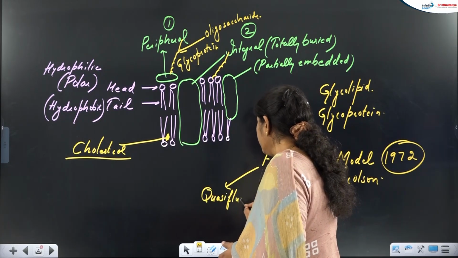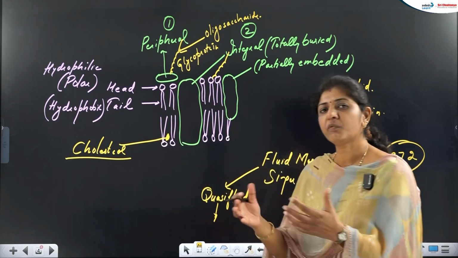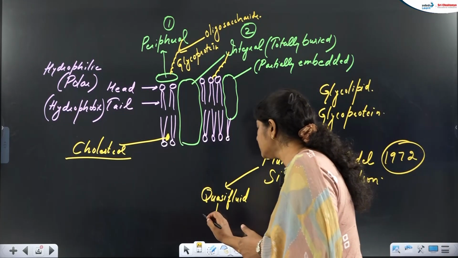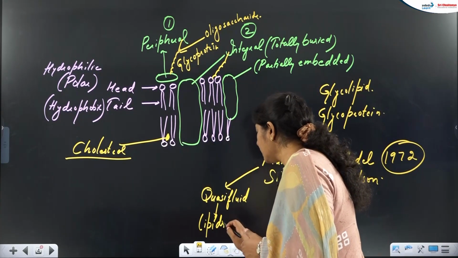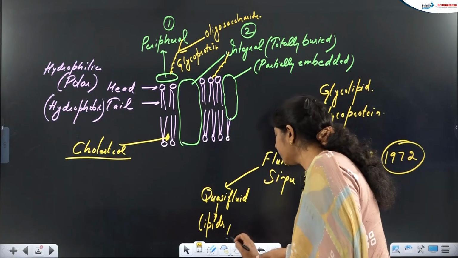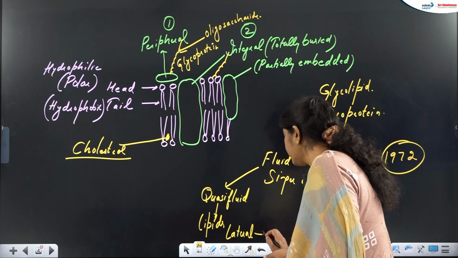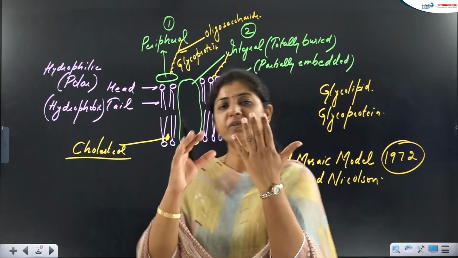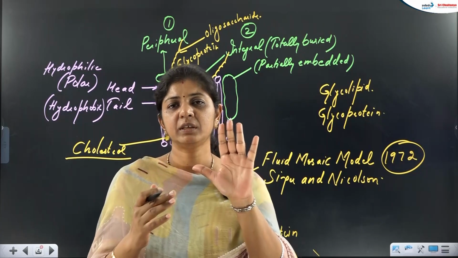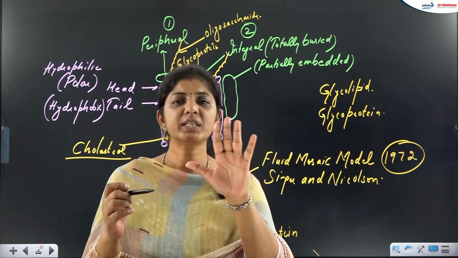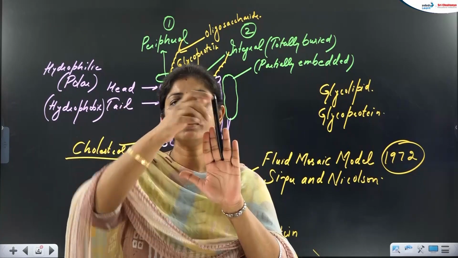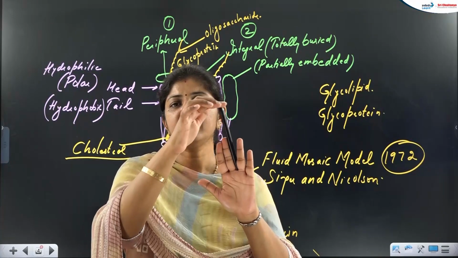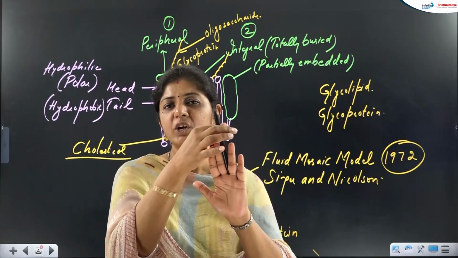The half fluidity will be shown, meaning it is not freely moving within the cell, it is not leaving its place. That you call quasi-fluid. This is shown by lipids, which shows the lateral movement of the proteins. For example, see my fingers, suppose these are the lipids, they are showing lateral movements due to quasi-fluid nature. If proteins are embedded there, can I say it helps in the movement of protein? So it is measured actually by the lateral movement of protein.